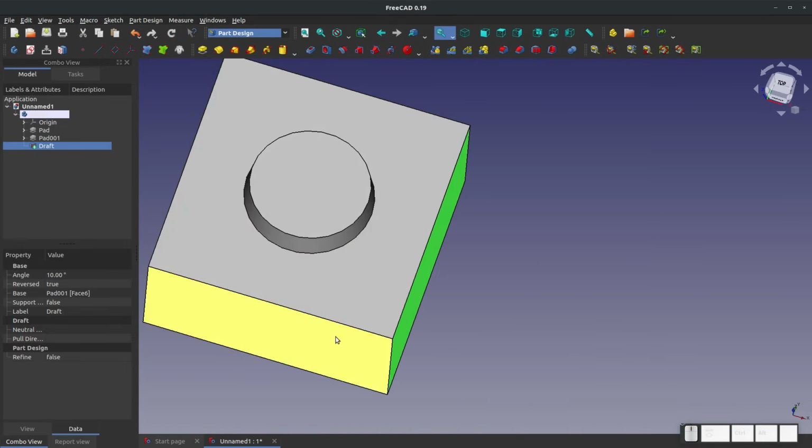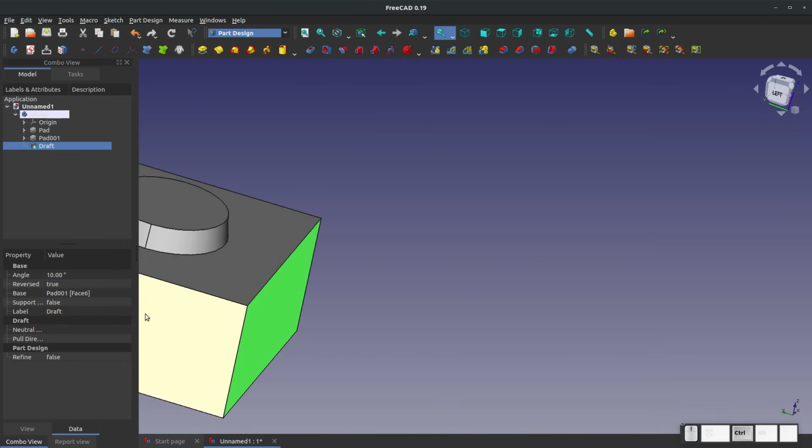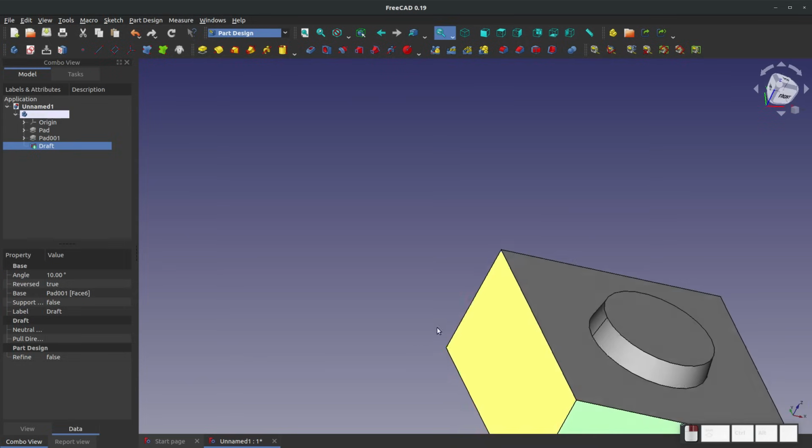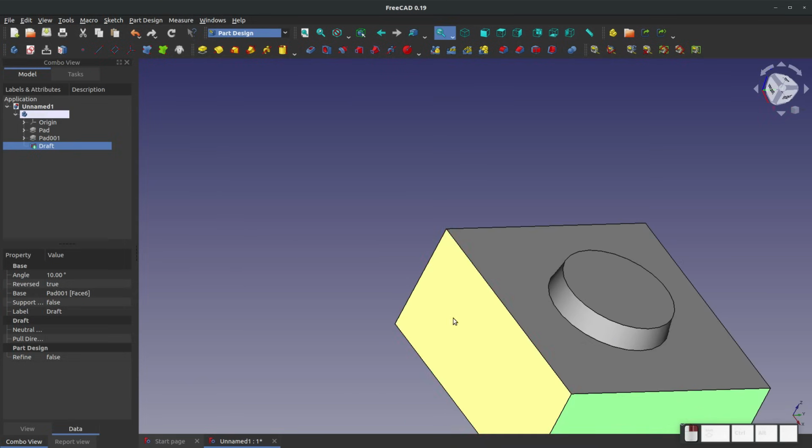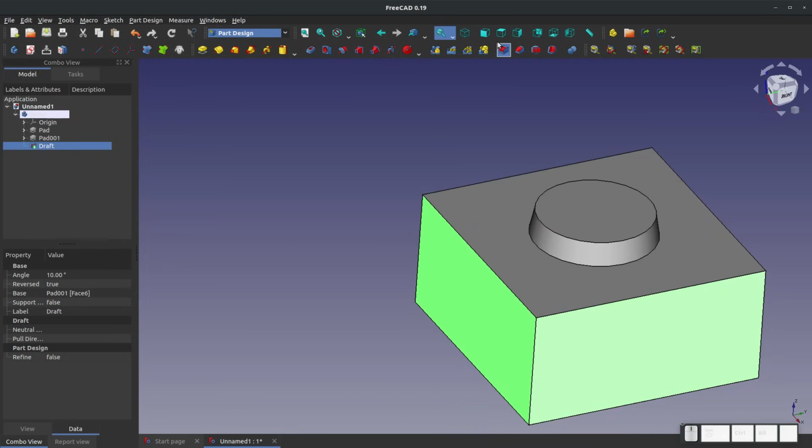I have a whole video on drafting, so you can look up Joko FreeCAD draft. I bet it'll come right up, and you can see how I've drafted these faces. Let's try it again, right? We'll draft here,